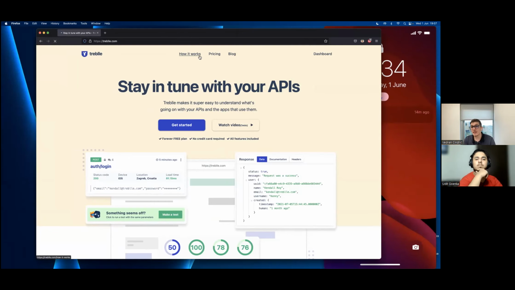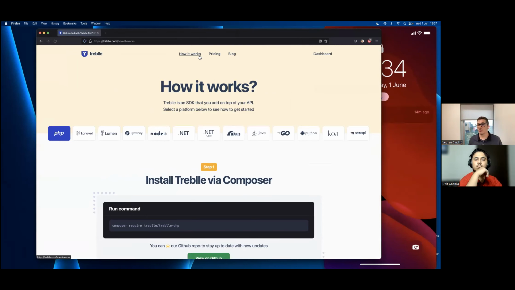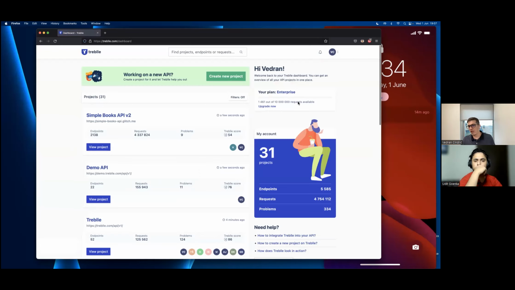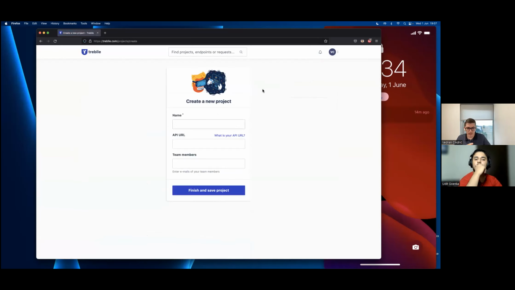One of the first things that you have to do in order to make Treble work is, of course, create an account, which I already did. I'm logged into my account. The next thing you need to do is create a project. So think of a project like an API, right? So let's say we create a PitchGround project, PitchGround API, and let's say we know that the API URL is